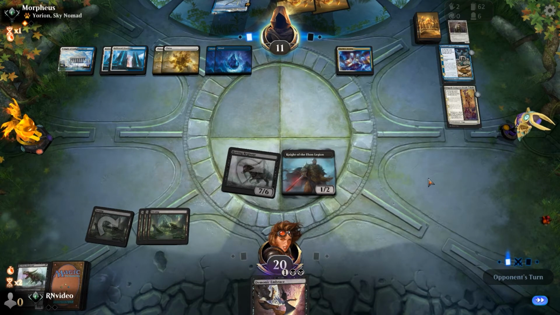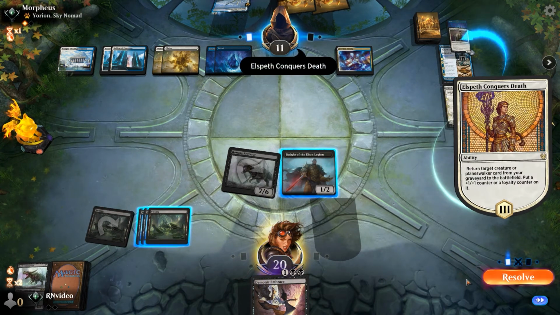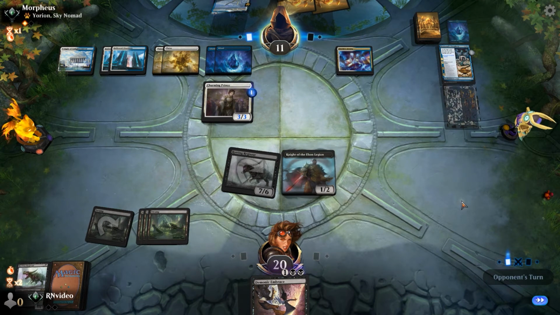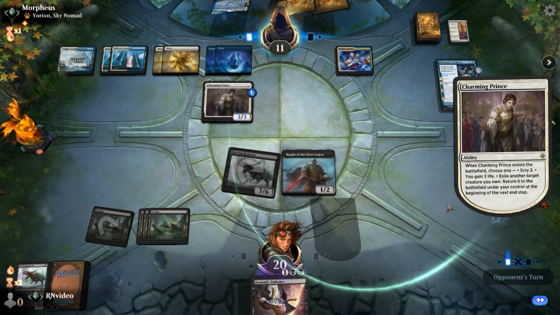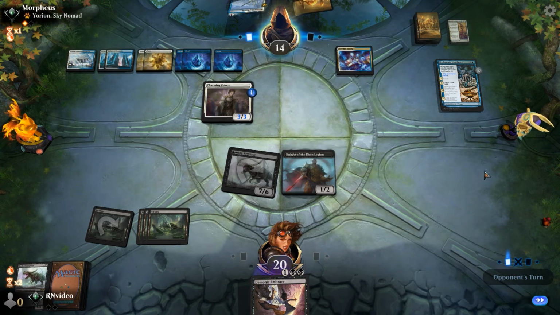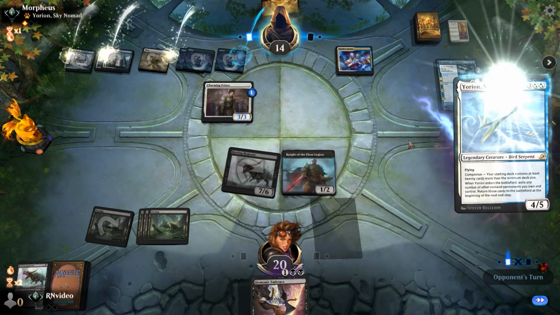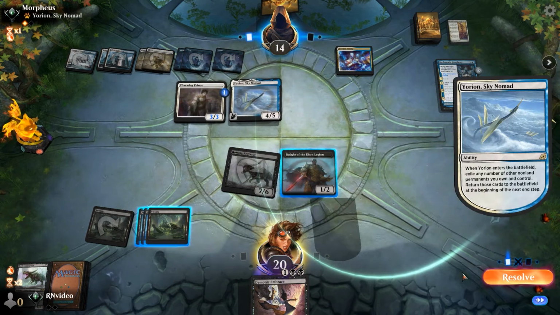They can bring back Charming Prince here. Do some kinds of shenanigans. Alright, well, that's ominous. Just name an Elspeth Conquers Death. Yep. One card in hand. 1, 2, 3, 4, 5, 6, 7, 8. So they can bounce here. Luckily, it's just these two cards, so they're going to be able to...